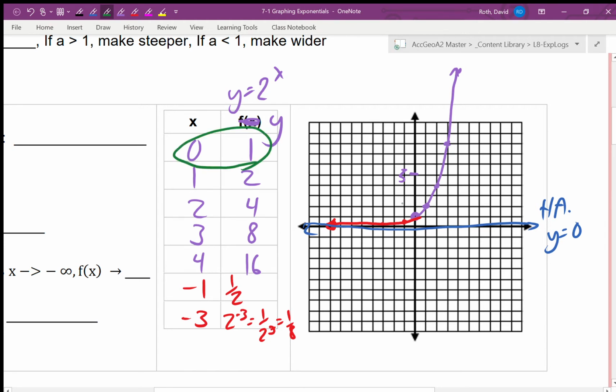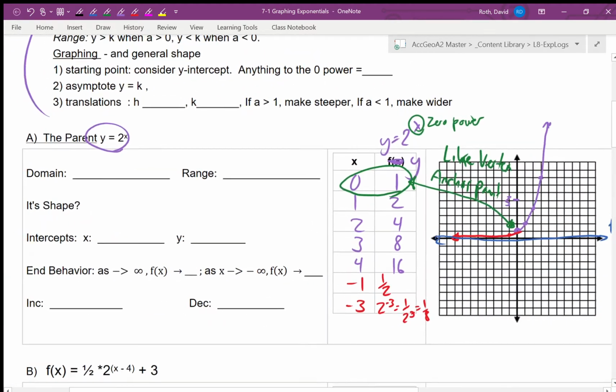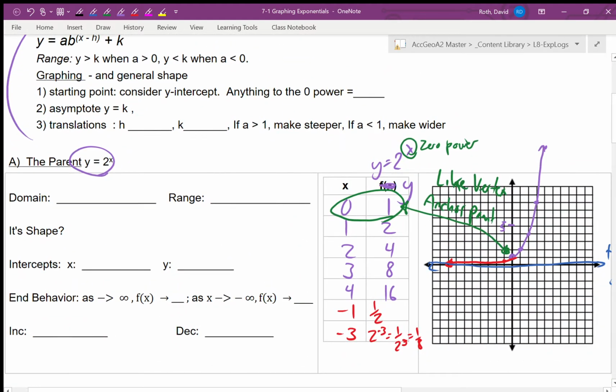And it goes right here. You'll notice that's a nice kind of vertex, the closest thing we've got in an exponential to a vertex that can translate around. I call it an anchor point, and basically it's anything where my base is raised to a 0 power up here. It's just nice to have a name for that so I can translate it around. I can't translate it perfectly, but you'll see.